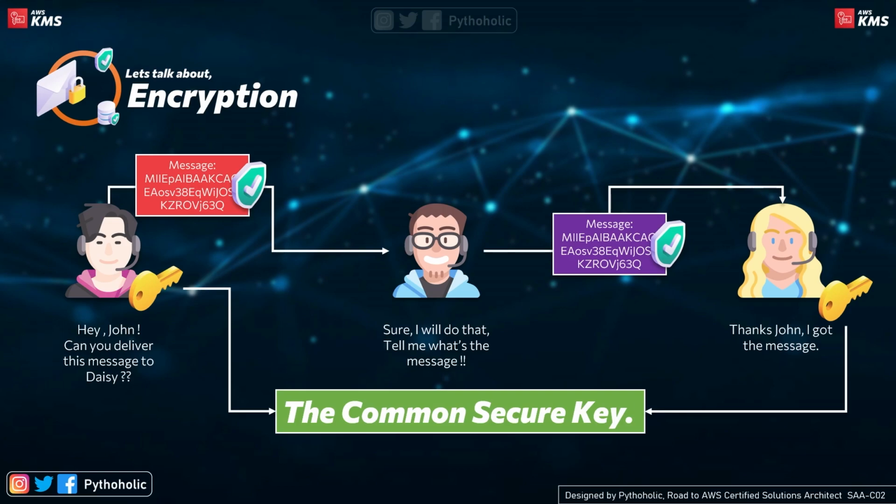When we think of the definition, encryption is a process of encoding information. So you're changing the data from one form to another using a set of rules, which makes up the encoding. So this process converts the original representation of the information, known as the plain text, into an alternative form known as the ciphertext. And this is what we will be sharing with Daisy so that she can use the common secure key to decrypt that and read the message that is stored inside the plain text. And the middleman that you have here will have no clue about what the information actually is. And that is how encryption actually works.